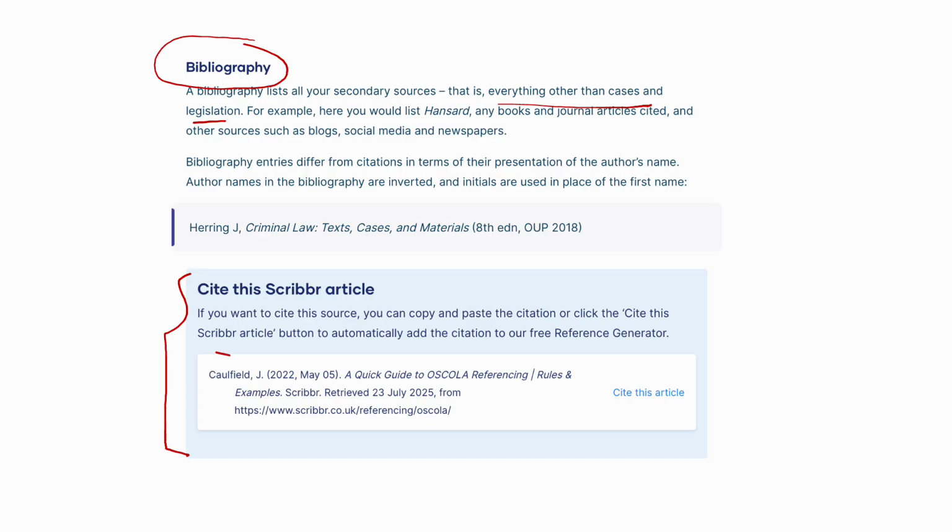And you can see that here we have the author name, the year, the title, and then basically available at where, when it was retrieved from, and so on. So this is the bibliography which is at the end of your